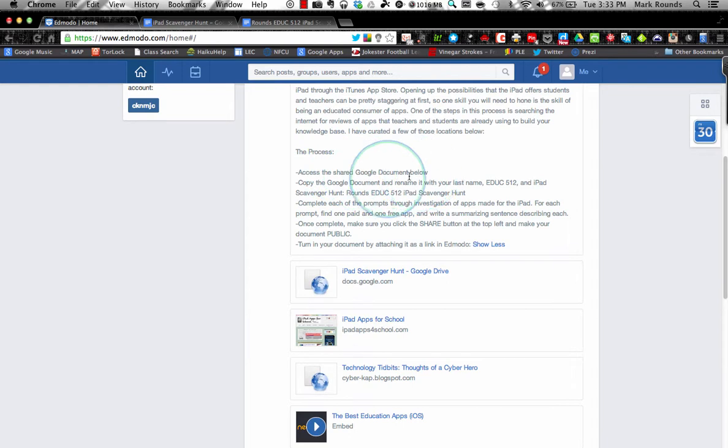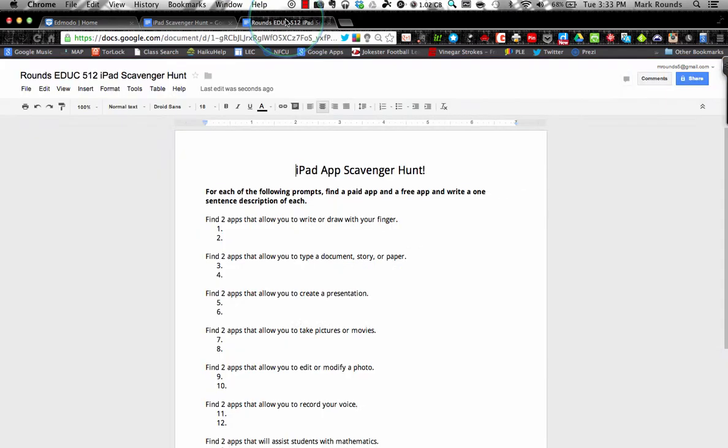Okay, so we've accessed the document, we've copied the Google document, renamed it, and now your job is to complete each of the prompts through investigation of apps made for the iPad. So for each prompt, I want you to find one paid and one free app and write a summarizing sentence for each. Once you finish the document, I want you to make sure that you click the